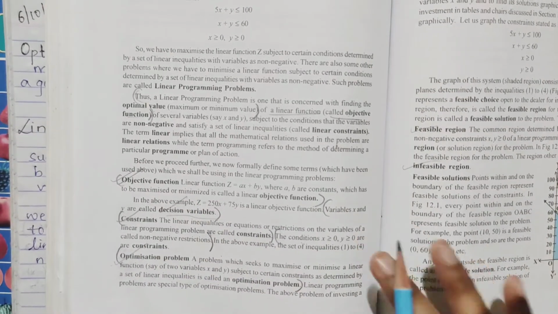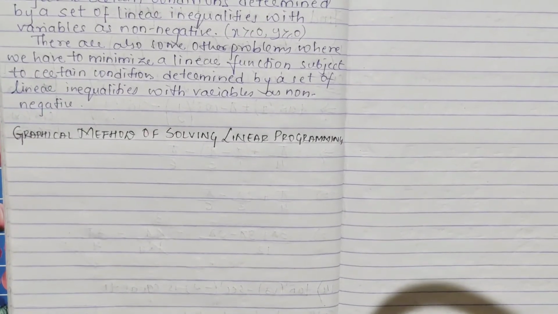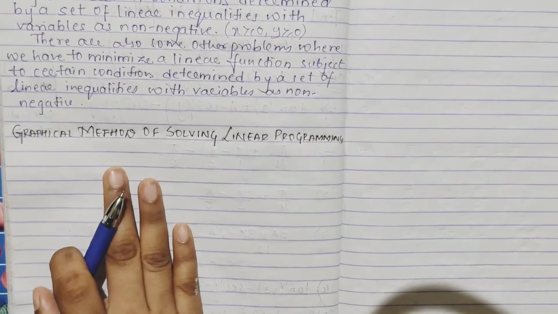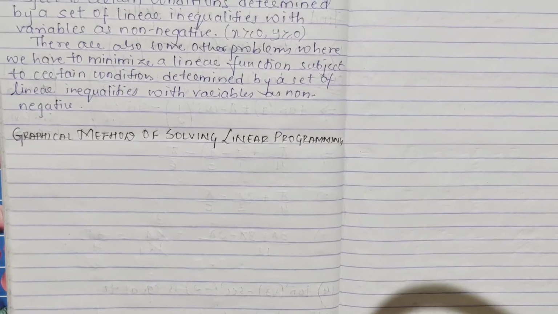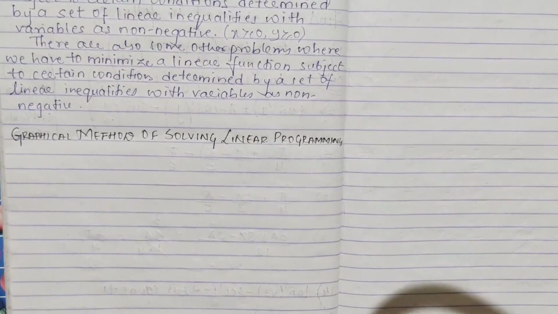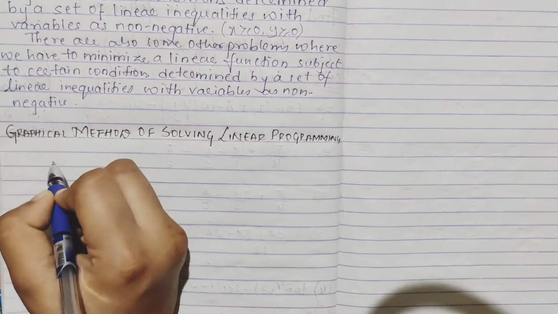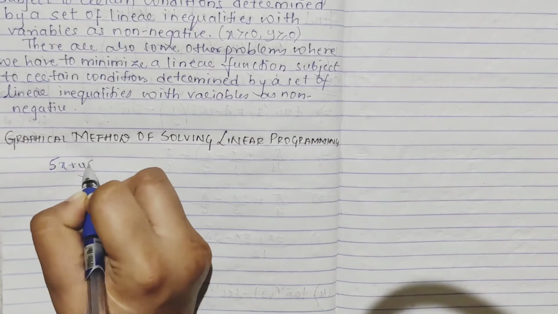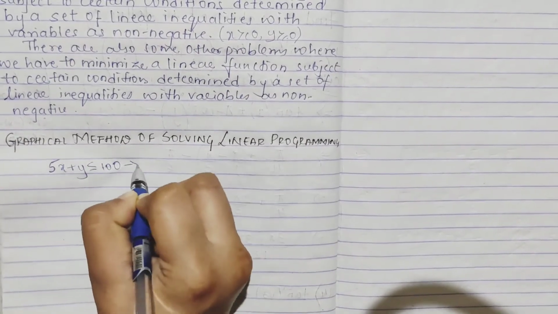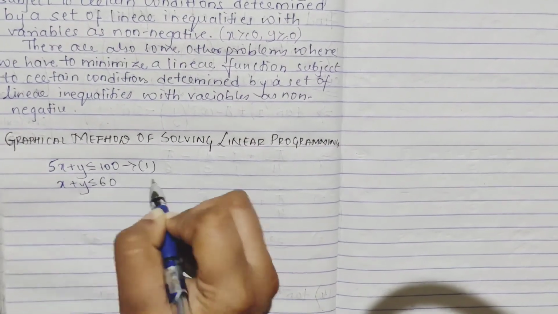Okay, I'll show you graphically how we have to do it. So now we will do the graphical method. See, here I'm directly doing it in notes. You first write all the definitions and next you go for the graphical method. So what all the inequalities were there? One was 5x + y ≤ 100. This was one inequality. One more was x + y ≤ 60.